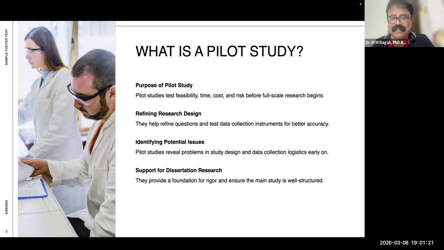engagement and the behavior. Now there are two things that you need to look at. One is when you go for an actual study. That is the first point on the slide.